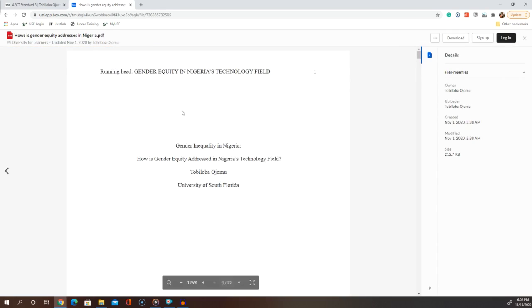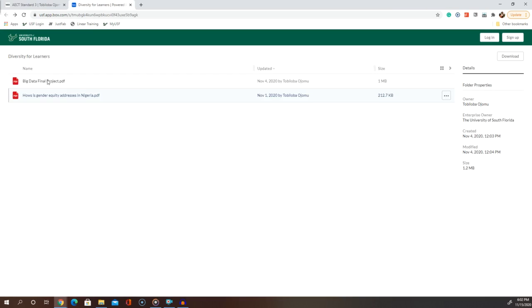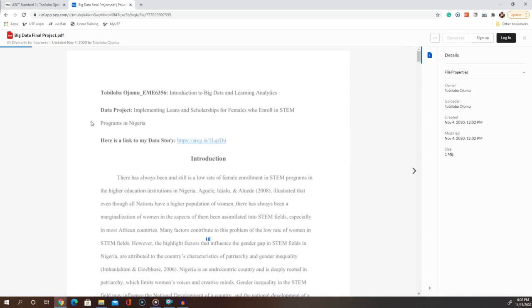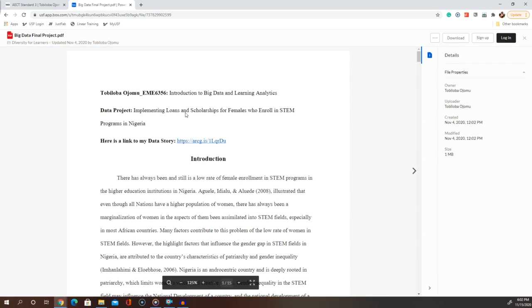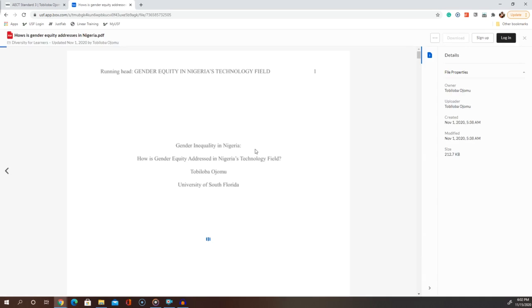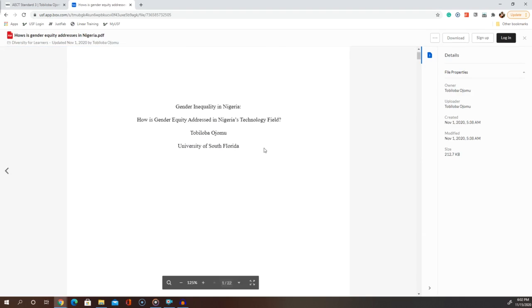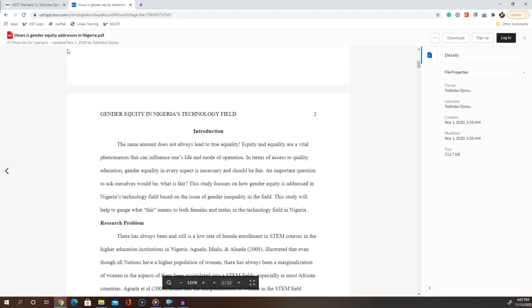One artifact identified an issue among a diverse group of people, while the other artifact provides suggestions on how to tackle the issue in order to empower these people. The artifact produced in the Foundation of Educational Research course began the inquiry process, which resulted in me writing a research paper on gender inequality in Nigeria and how gender equity is addressed in Nigeria's technology field. The literature review conducted for this proposal found that there are low rates of women in the technology field in